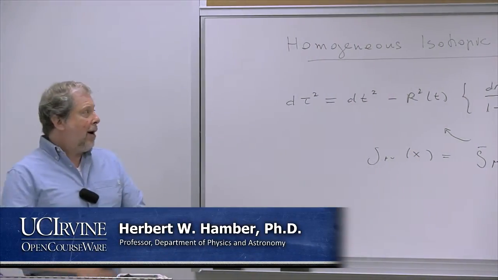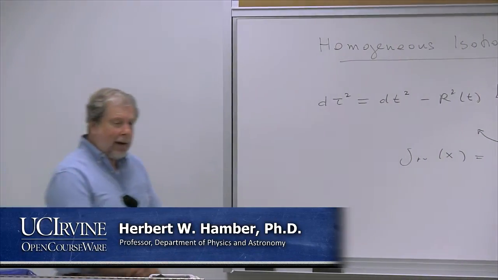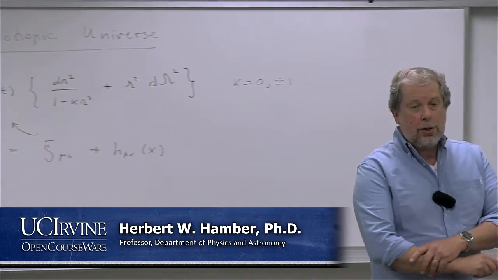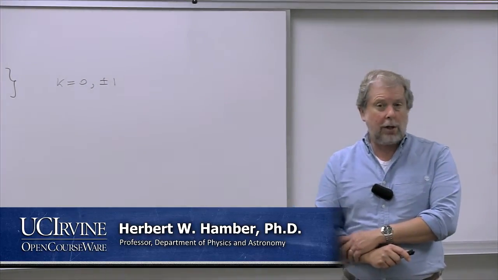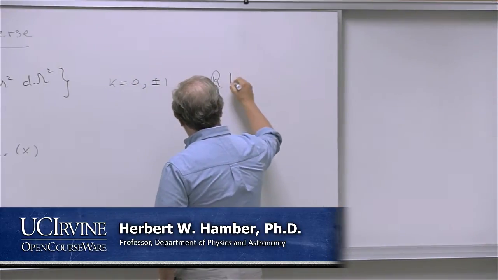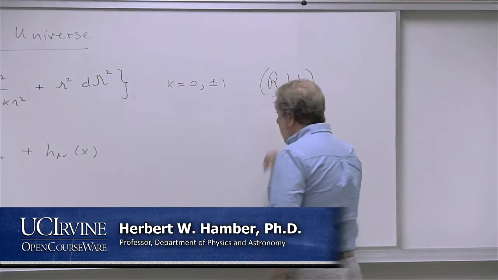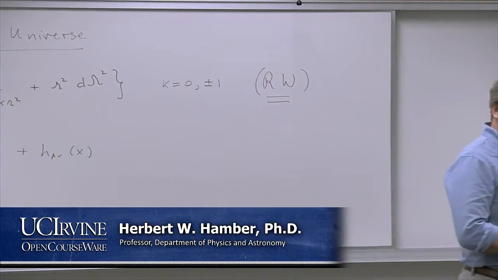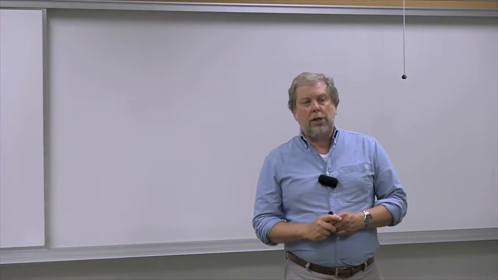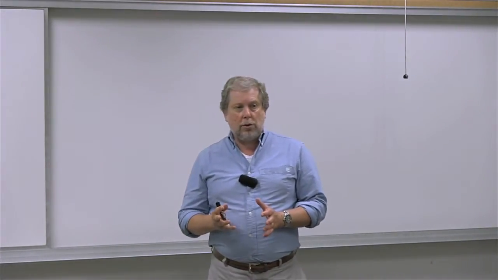Right. So in the last lecture, we looked at solutions of the field equations for a homogeneous isotropic metric, which meant that the metric was the Robertson-Walker form, right? And as we were discussing a moment ago, this is, of course, a starting point for discussing things like cosmological solutions,